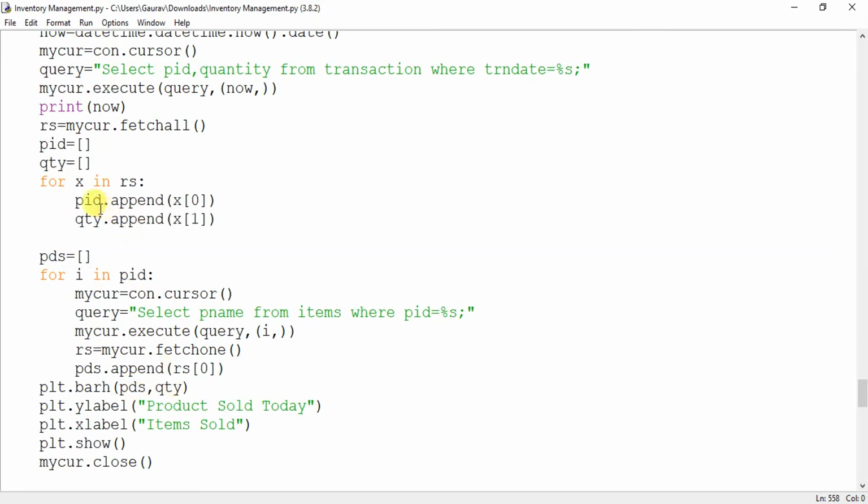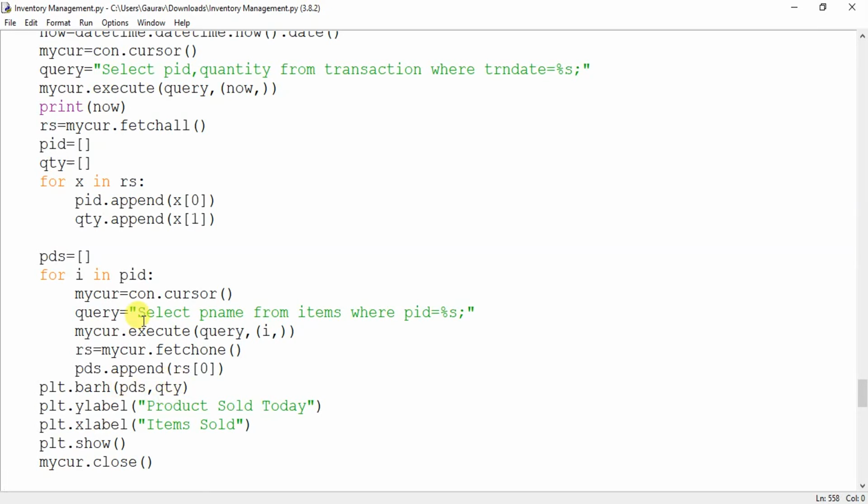So depending upon that product ID, you will get the products from the items table, because the transaction table does not have the name of the product, it only has the product ID. So for the corresponding product ID, you will get the item name or the product name from the items table through this loop. Then you will plot the graph between the product name and quantity.